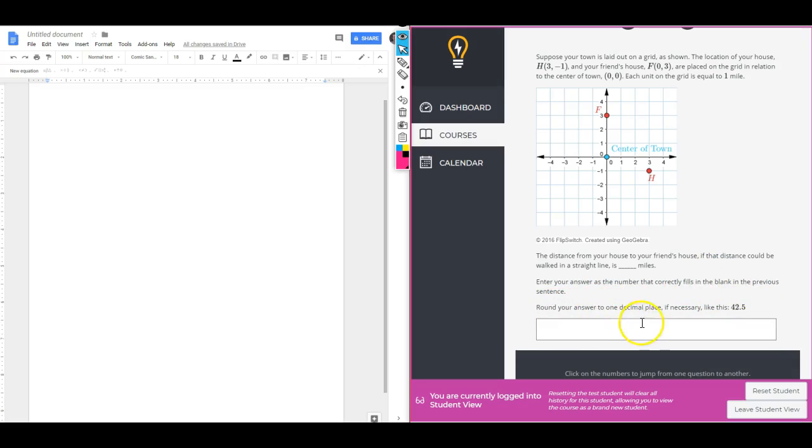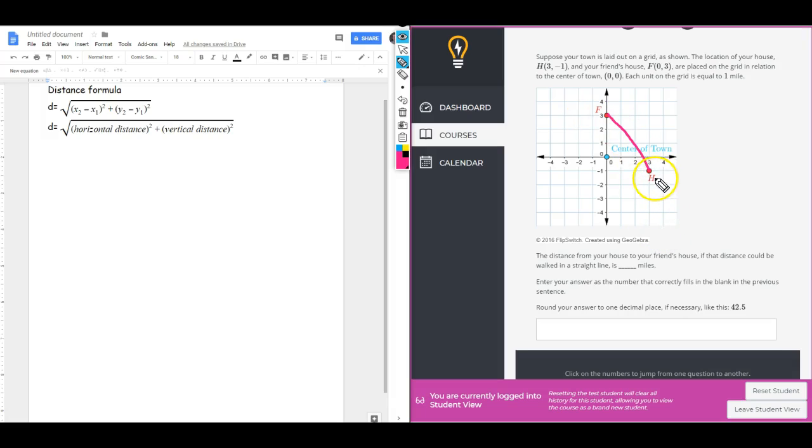Round your answer to 1 decimal place if necessary, like this. Okay, so this gives you an option. It's not telling you that you have to use the algebraic formula for the distance, and it is giving you a grid. So, what is it asking for? It's asking for a straight line distance. Okay, that looks like the hypotenuse, so we could use our contextual representation of this formula, which is the horizontal